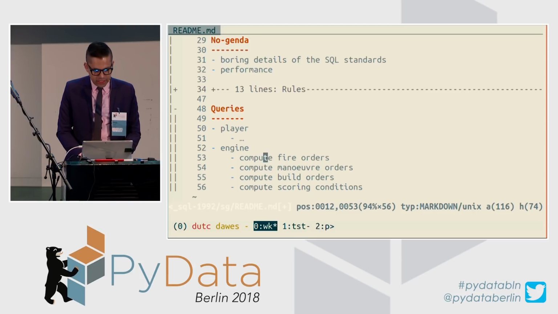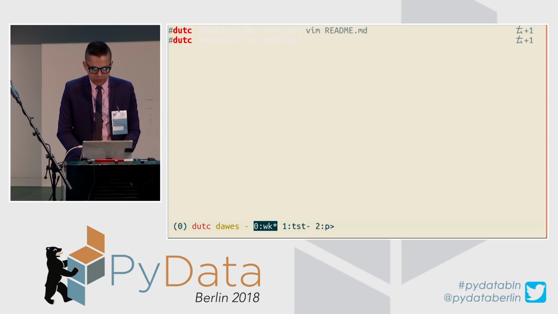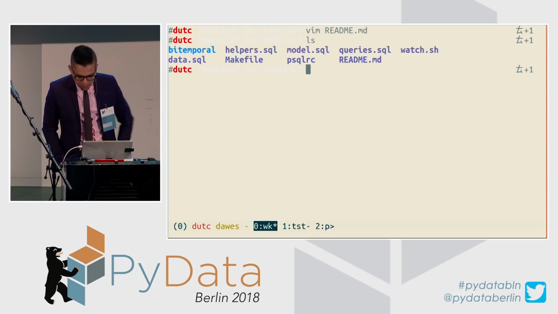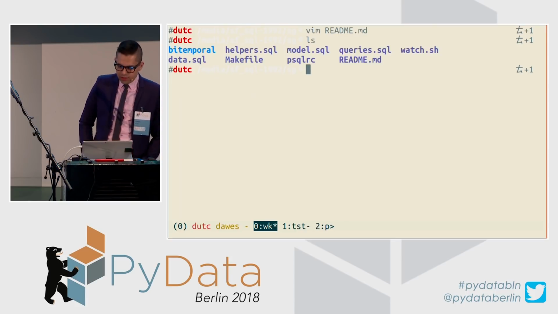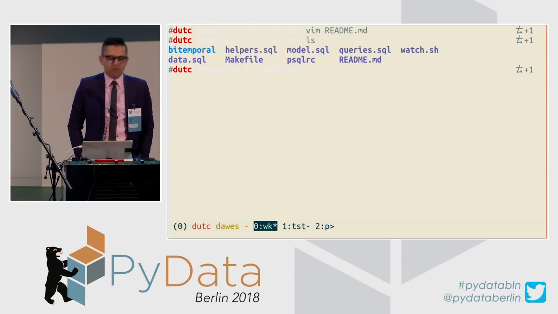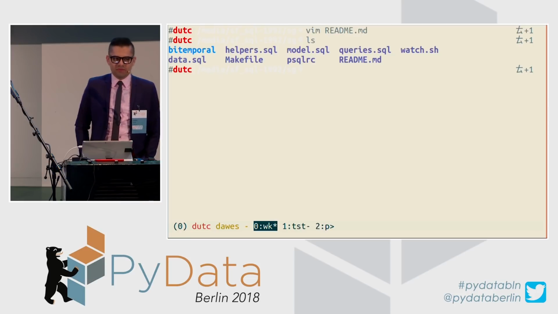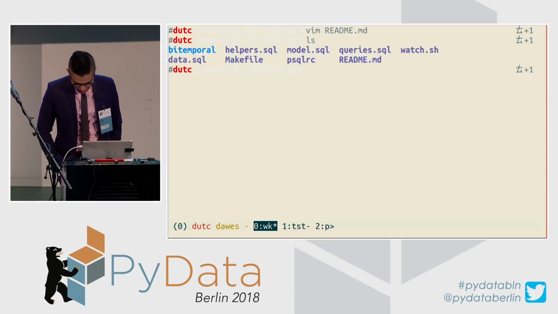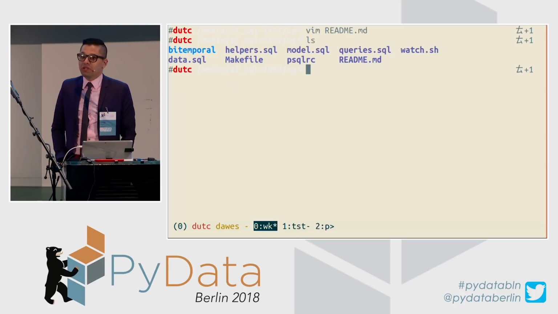Okay, so let's actually get into the weeds of what we're going to do. So here's my little directory. I'll probably put this on GitHub at some point. Actually, no, I won't. Tweet at me if you want me to put this on GitHub. If you don't tweet at me, I won't. So if you really want to see the materials for this, you got to tweet at me. That's how you increase engagement.